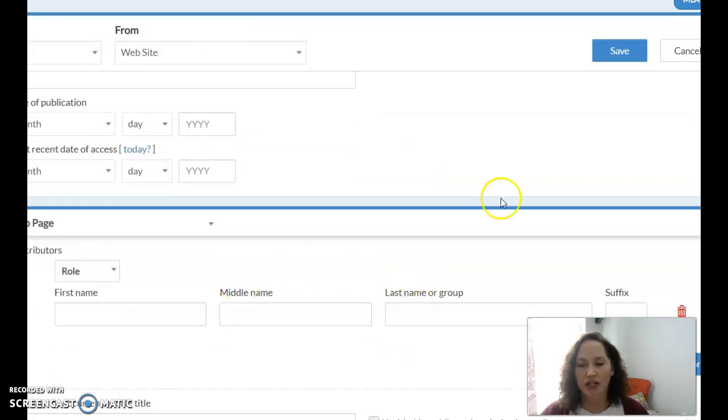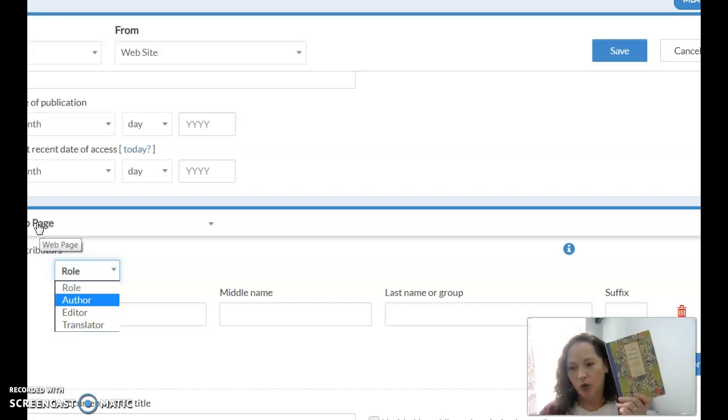Now, I want to show you, for example, in the little carrots, there's a drop down option for author, editor, translator. In the book, I should have gone into that one. In the book entry, it does give you the option of choosing a compiler. So again, the little Norton reader, you're going to put compiled by, not edited by.